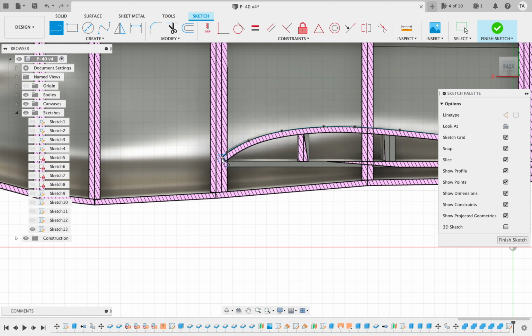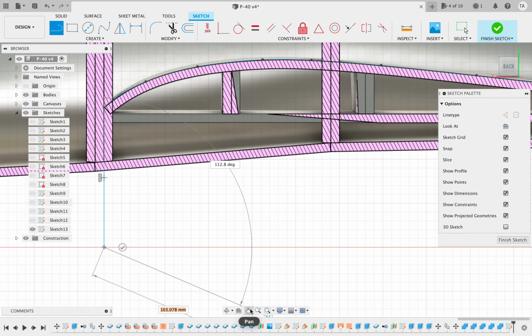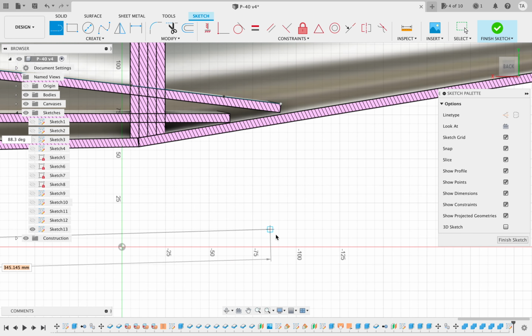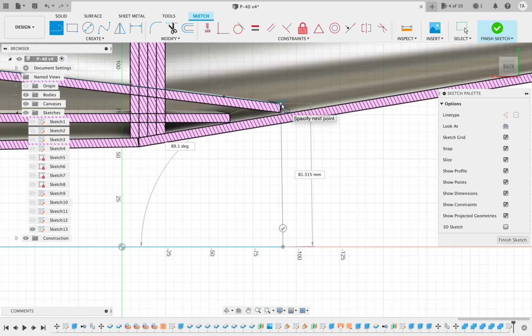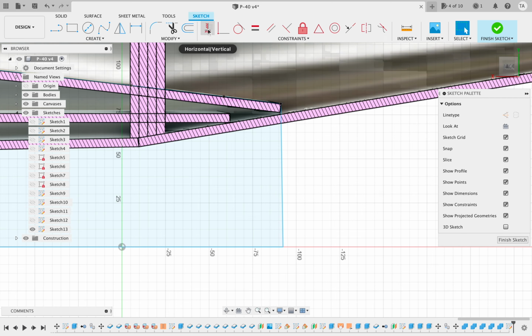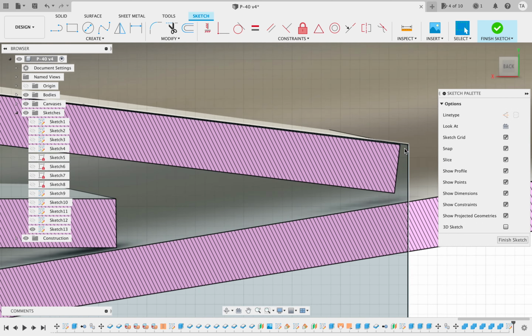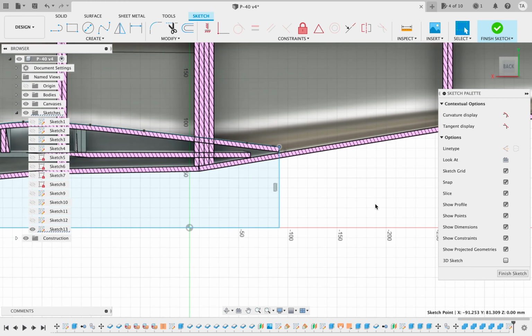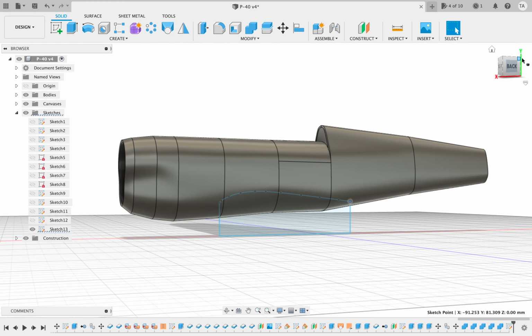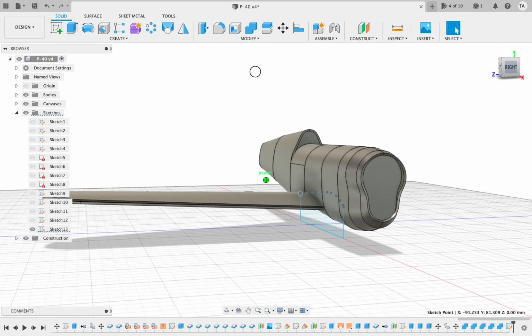Now we take this point, go straight down, go across. Hopefully you can see it's not snapping, but then you go up to this point, and then I'm just going to apply a vertical constraint to this. Just drag that back over there. And that's good. Now I'm going to turn off the wing so that